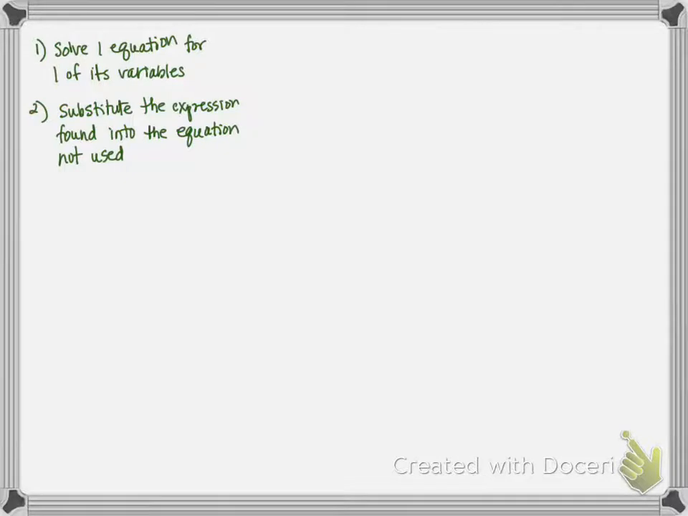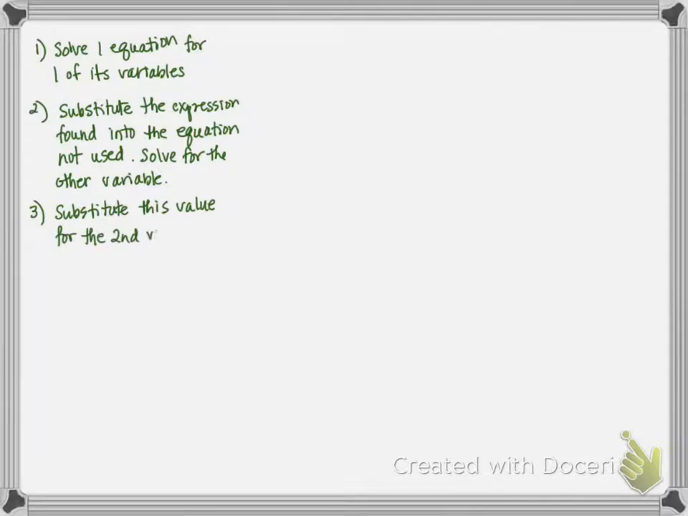Okay. And then you're going to solve for the other variable. Now this is all going to make a lot more sense once we get to the practice. So now what we've done is we figured out half of our ordered pair. How do we get the other half? We're going to substitute this value found for the second variable into